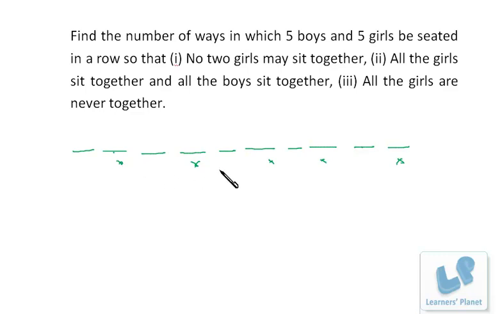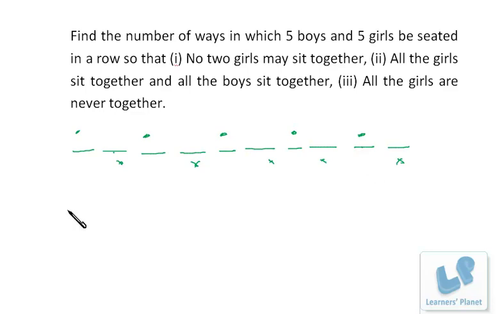Now the arrangement which I have taken over here is this, and the arrangement for the girls may start from the first position also. So this, this and this will also be an arrangement, right? So we will be calculating both the arrangements. Now no two girls may sit together, so the girls have to sit on these positions,